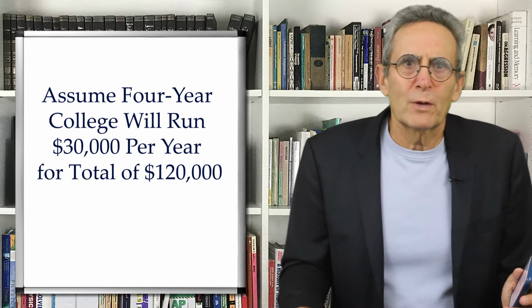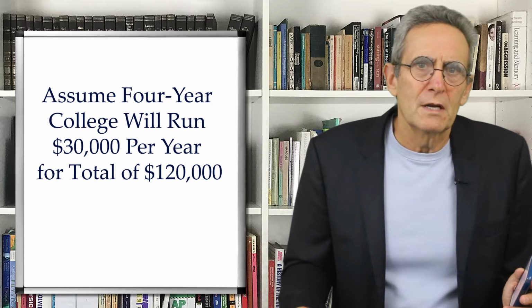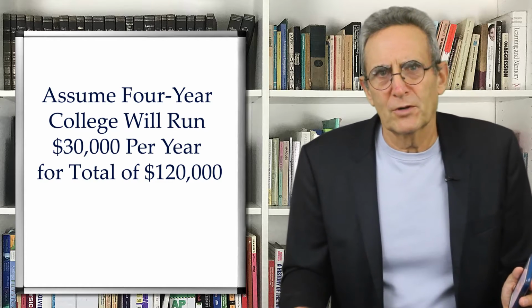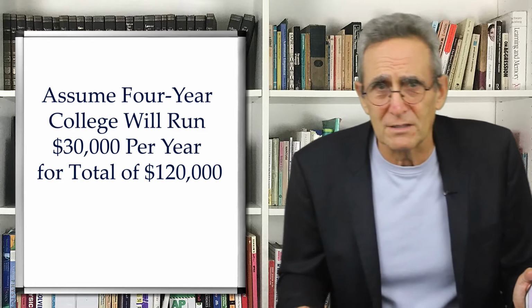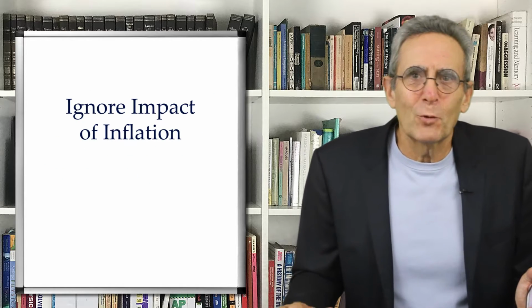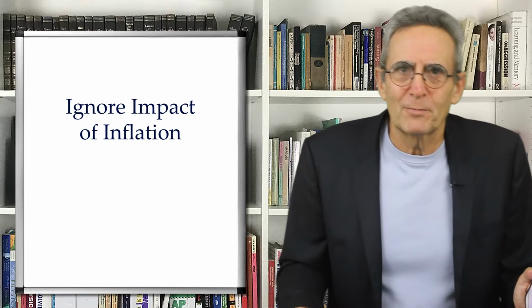Now, when, practically speaking, will we need this inverted formula? Well, suppose we are parents of a newborn child, and we want to ensure that we have saved up enough money by the time the kid turns 18 to attend college. Let's keep it simple for now and suppose that we can safely assume that a 4-year college will run $30,000 per year for a total of $120,000. Again, for simplicity, we will laughably ignore any expected inflation in tuition expenses.